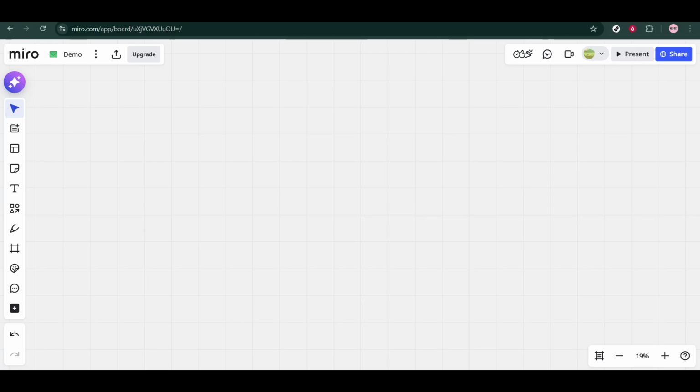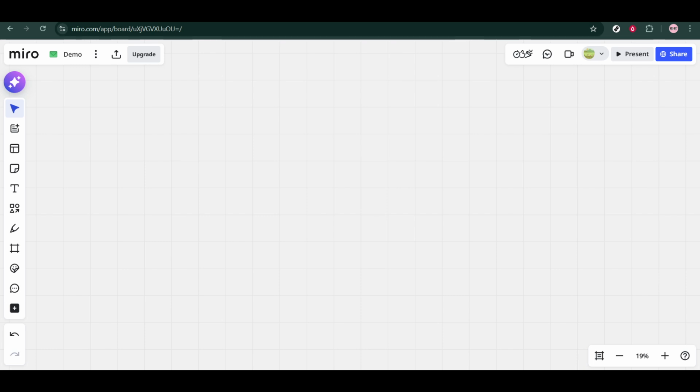In today's video, I'm going to teach you how to add GIF in Miro. Animated GIFs add energy and clarity to your boards, perfect for quick reactions, visual cues, or emphasizing a point. By the end, you'll know exactly where to find GIFs in Miro and how to place them on your canvas